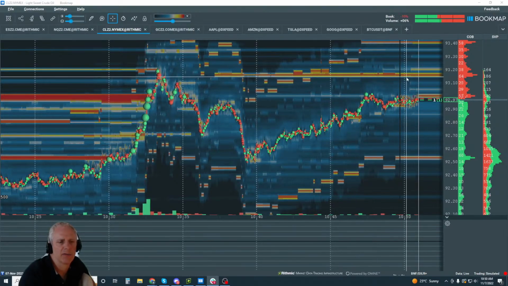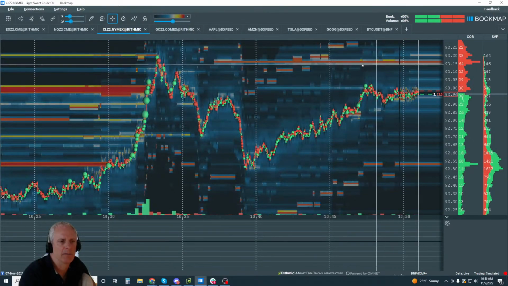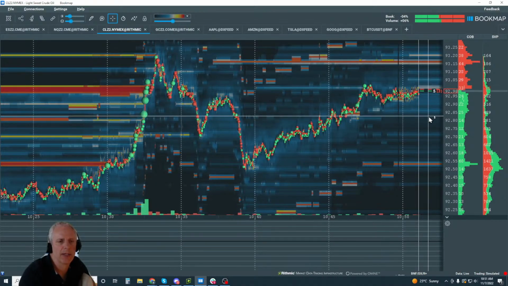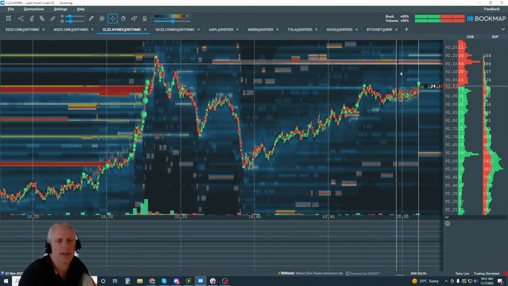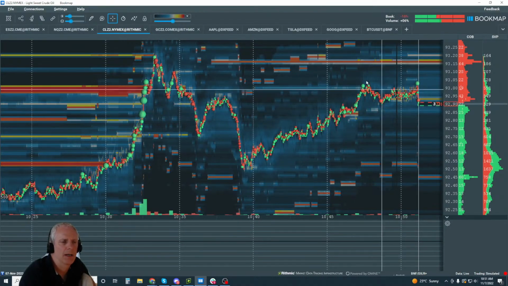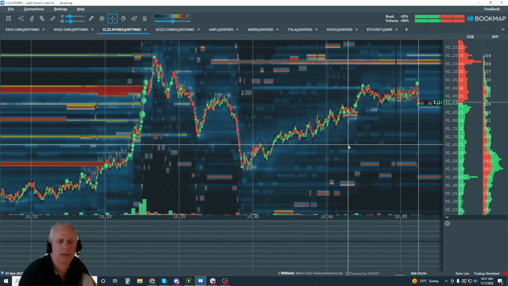But I just don't, the order flow does not look all that great in here. They're not supporting it on the bid. It might be just a quick move and then a quick fail. So, yeah, not really seeing much here.